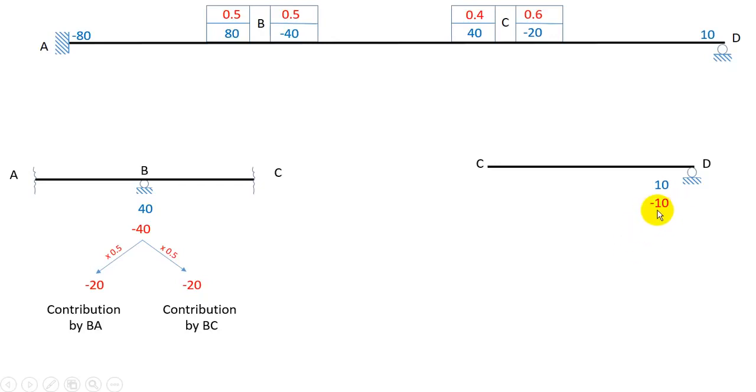Now we have put minus 10 kilonewton meter, but when we put minus 10 kilonewton meter, we have to take it to the next immediate joint. We have to carry it over, and when we carry it over, we multiply it by half. So this minus 10 becomes minus 5 here. You got it? And now when we sum it up, we get 0. So basically this is what we wanted. We wanted zero moment at the pin joint, because it cannot carry any moment. If it carries moment, it will get rotated. So this is what we wanted.